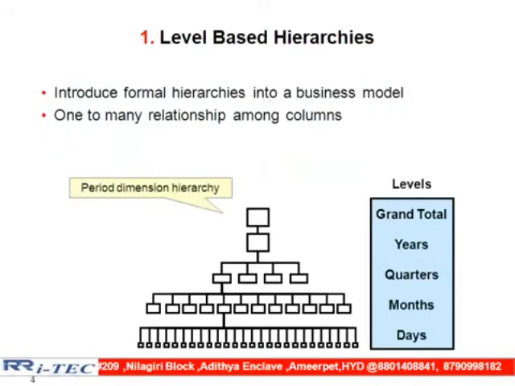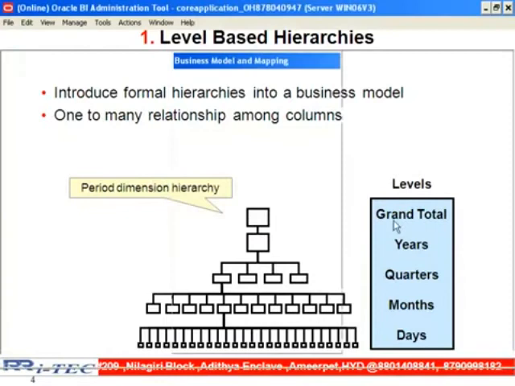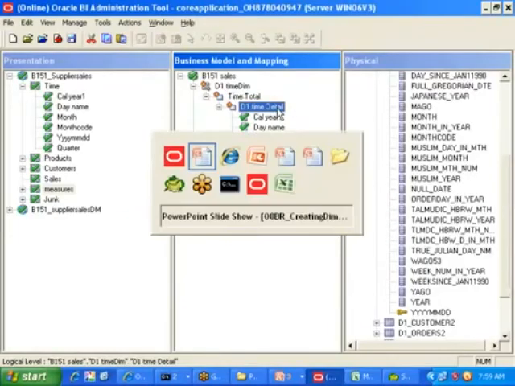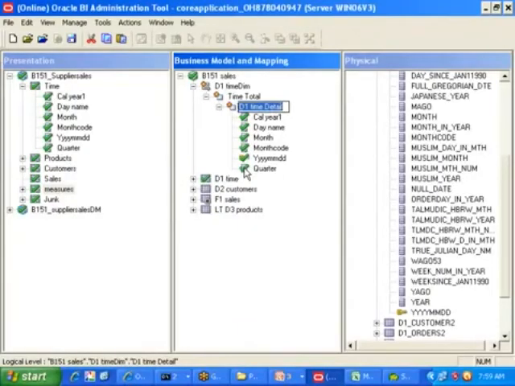If you see my hierarchy also, there is a reason I gave one level, grand total. Grand total means all years' revenue, or all customers' revenue, or all products' revenue. Yes or no? Right. Now that level is clear. Always take the bottom one as the lowest level. As per my requirement, what is the lowest level? Day. This one I am taking as the day level.